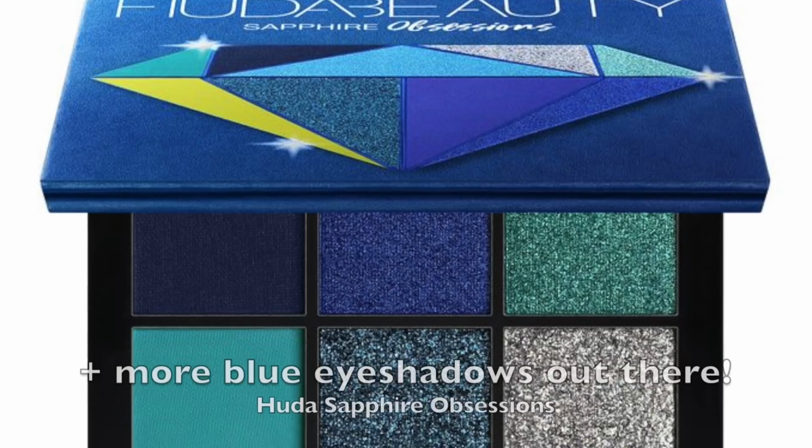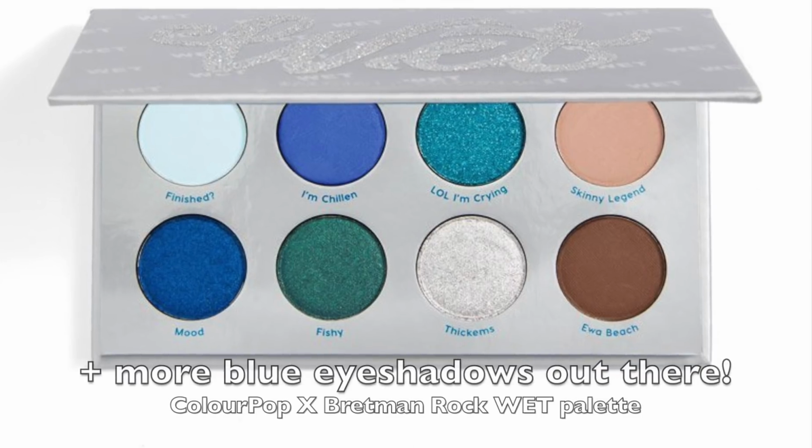1000% I'm not. I'll leave that up for you to decide if maybe that sparks your interest. I haven't used anything else from I Heart Revolution, and from Makeup Revolution, I've never used their eyeshadow palettes, so do a little research on that one if you are interested in it. But if I were to pick my favorite blue eyeshadow palettes out of this bundle that I have,